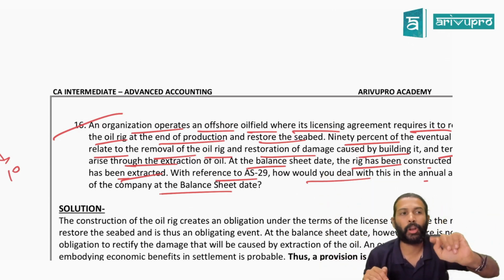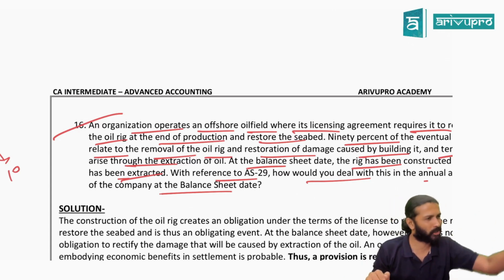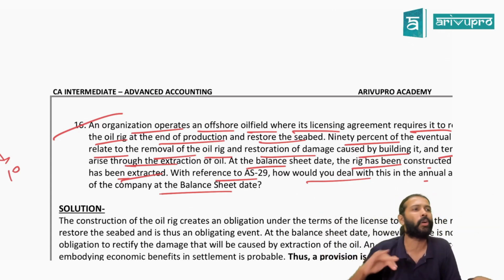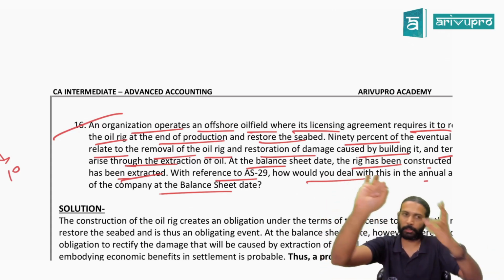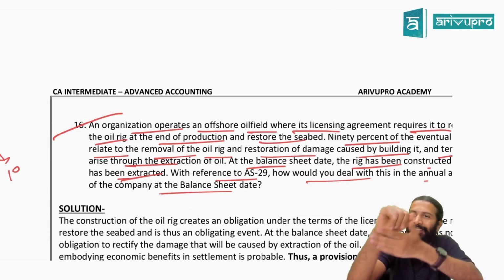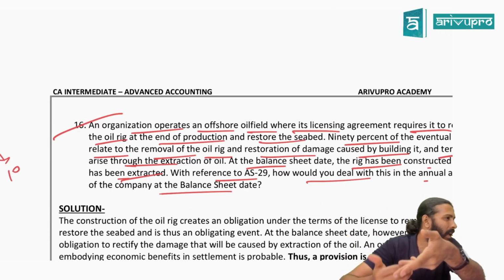That is the reason we don't book a liability. We record it as a provision. Provision is also a liability only, but with uncertain amount and uncertain timing. That's all it is. Are we fine now? So third condition, is it a probable outflow? Yes. Fourth one is a reliable estimate of the outflow.